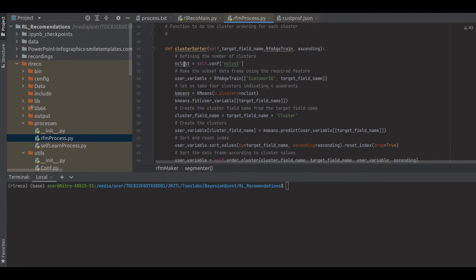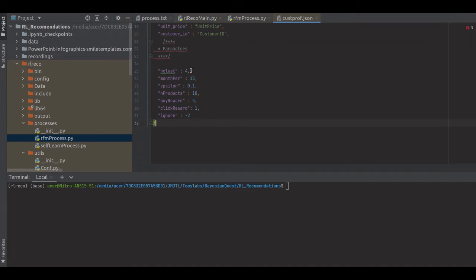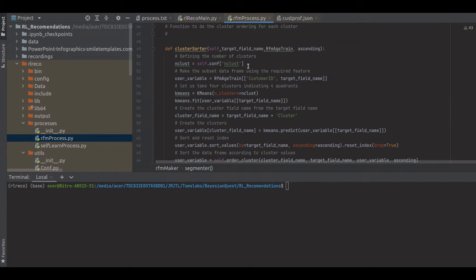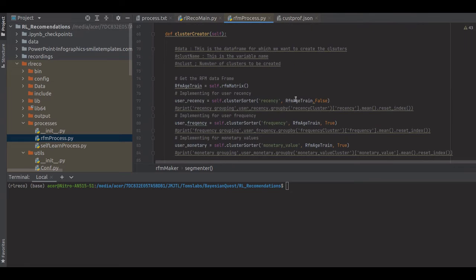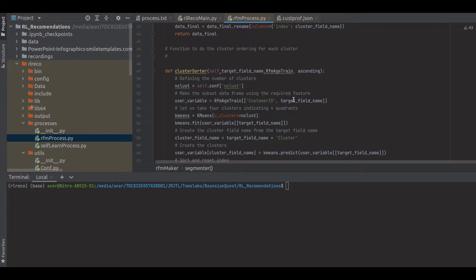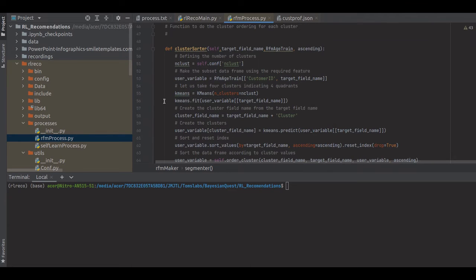So the first one is about defining the number of clusters, which we found during our initial phases, that there are four clusters. But again, we are defining this as a parameter here. See here, number of clusters is 4. So from here, it picks number of clusters, and then RFM. Then we need only the variable which we want, which is your target field name. Here it is the recency, because we are doing the recency for the recency. So here you take only the recency and the customer ID, and then you fit the k-means algorithm